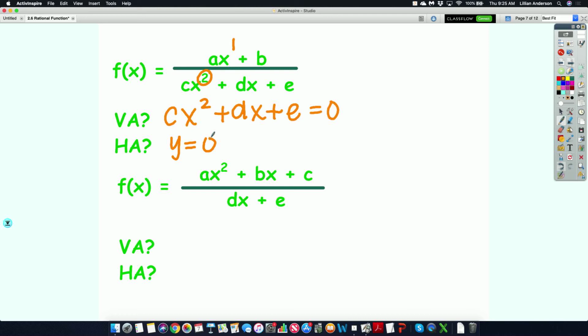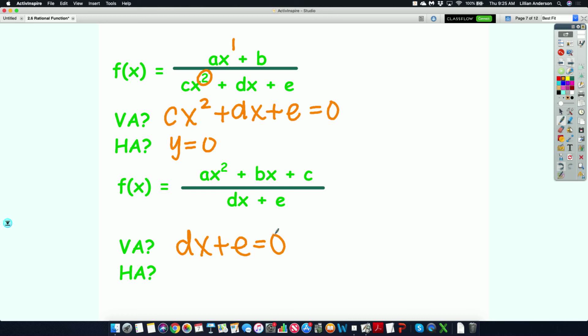And the last type is when it's the reverse. You have a quadratic in your numerator and a linear function in your denominator, or a higher ordered polynomial in your numerator than your denominator. Okay? Still, to find your vertical asymptote, what will we do? So that will be dx plus e, or whatever's in the denominator equal to 0. And then, of course, don't forget vertical asymptotes are always in the form of